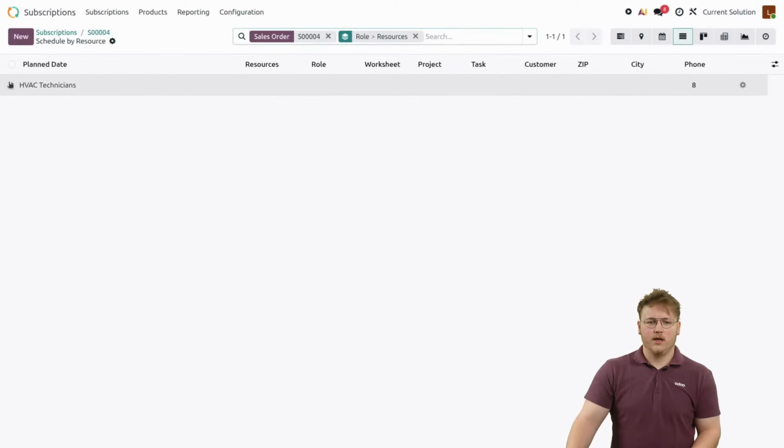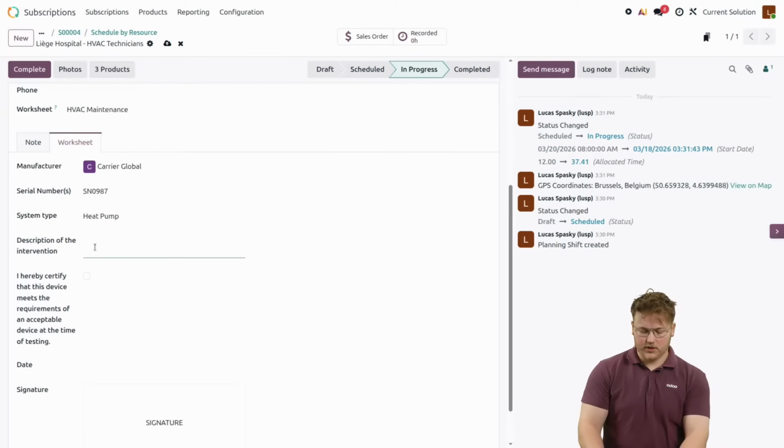Okay, let's go back to the shift, and now you know the drill. We go on the shift, we can sign in directly from there. Once it's signed in, we put our photos, we put our products. So in our case, we might have some air filters and maybe a new battery for one of their systems. We will fill in the worksheet. So put the manufacturer, the serial number, the type of system on which we work. It was heat pumps. Description of the intervention, nothing specific apart from